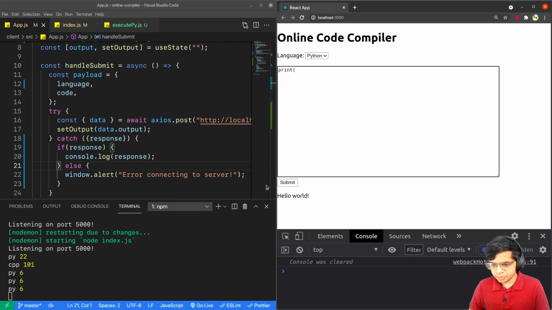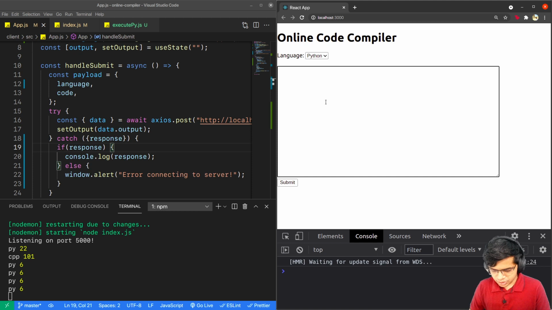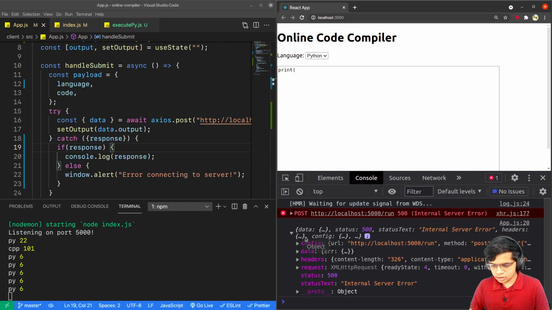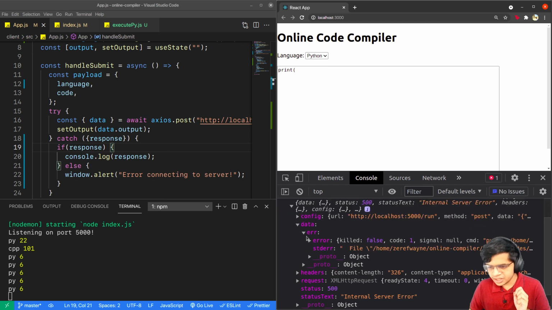I'll submit this again. Now I'll check what happens. So I'll write print bracket, and we get this response here. So the actual error message is contained inside the data err stderr.